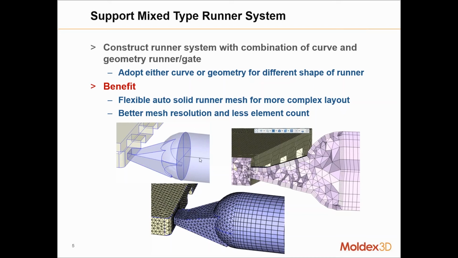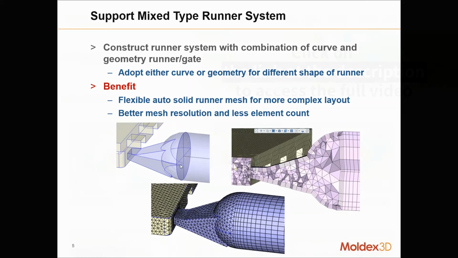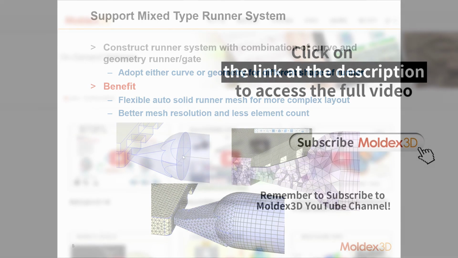The other challenge here was the connection between a line-defined runner and a geometry runner. So in this case here, this is a specific case where we had a geometry gate. So the geometry of this gate was a lot more specific than our line-defined technology can create. And then we just had a simple line which comes right into the center of this. And as long as, with our new meshing technology, and I'll explain this a little bit later in the runner section,